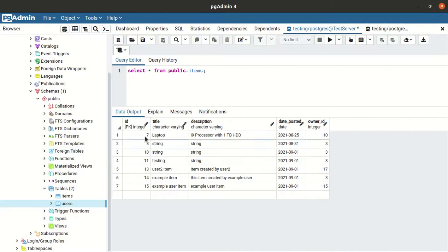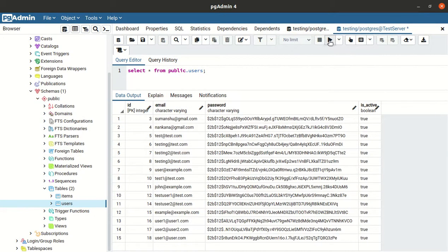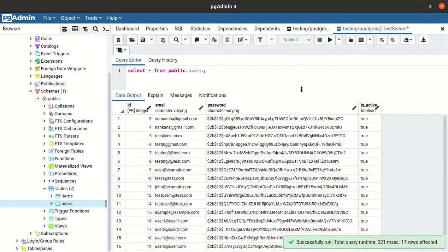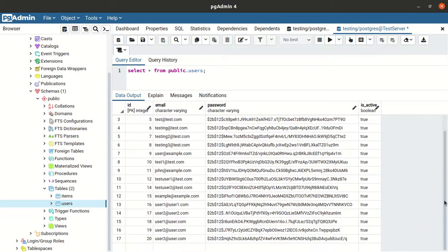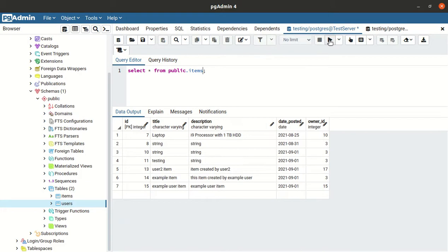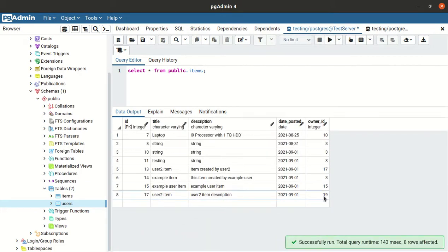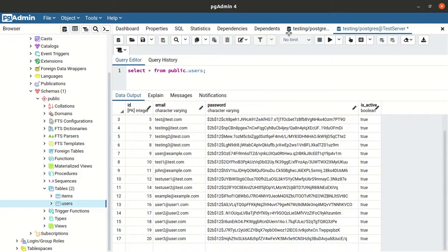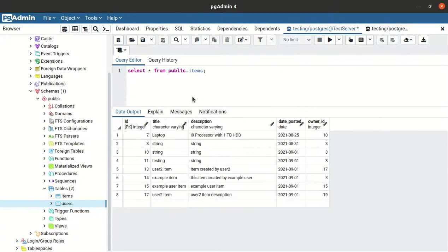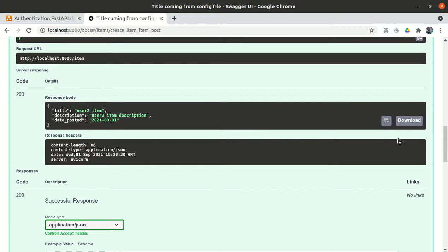If I verify it, let me first check the users. In the user table we have user2 and user3, and user2 has ID 19 and user3 has 20. And if I go to items, this user2 is 19, and that's why the 19 is coming here. So user2 is fine.